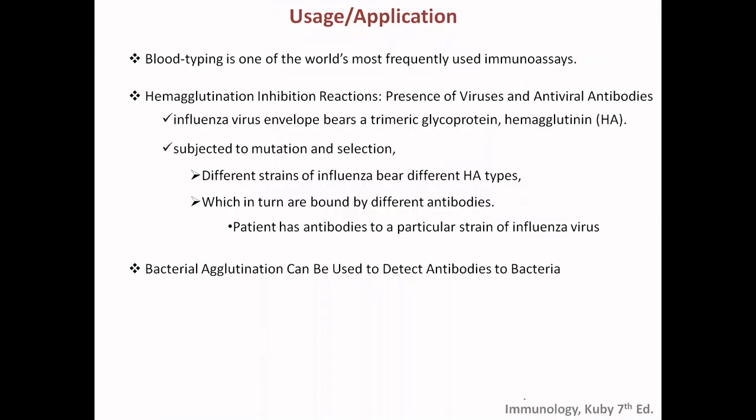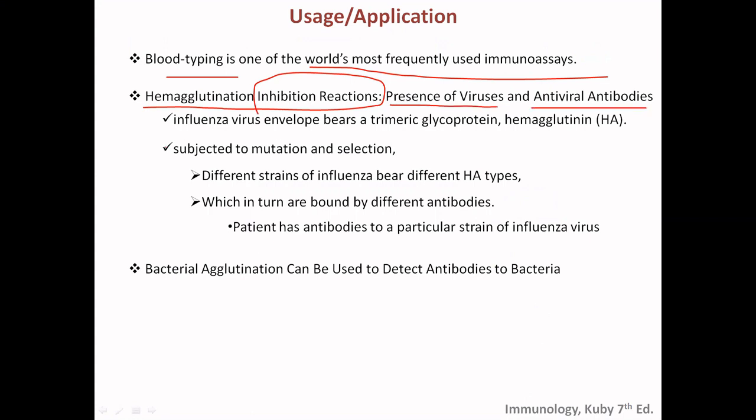So what are the other uses? As we have discussed, one of the uses is blood typing, which is the most frequently used application globally. The hemagglutination inhibition reaction is also used to study the presence of viruses and antiviral antibodies. One example is the influenza virus, which bears a primary glycoprotein, hemagglutinin. Hemagglutinin mutates, so it is subject to mutation and selection. Because of hemagglutinin mutation, there are different strains of influenza